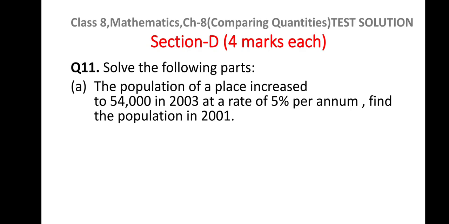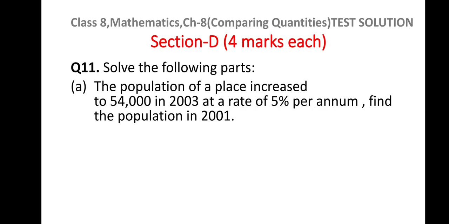Now, as it is a case of population increase or decrease, and time is given to us, rate is given to us, so we should be aware now that this is the question of application of compound interest, and after that we should know whether V is given to us or V naught is given to us. As I told you, V is for future value, that is, if you are supposed to find the value after n years, then you are supposed to calculate V, and V naught is the value for previous years.